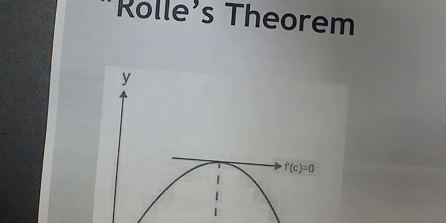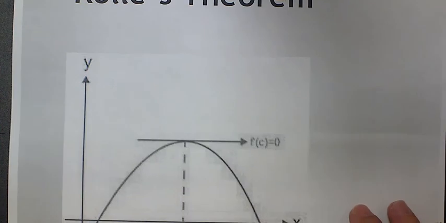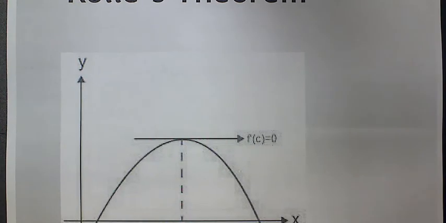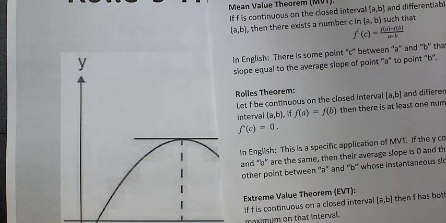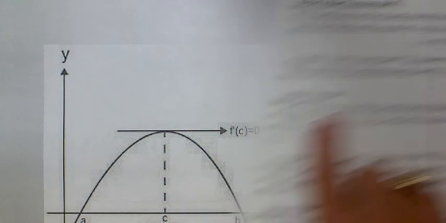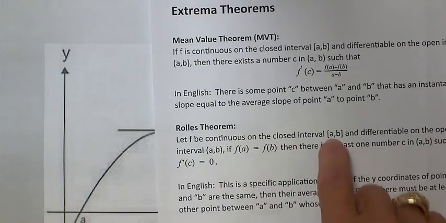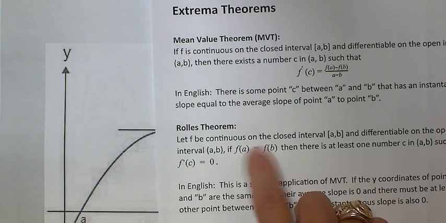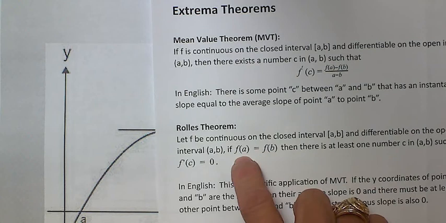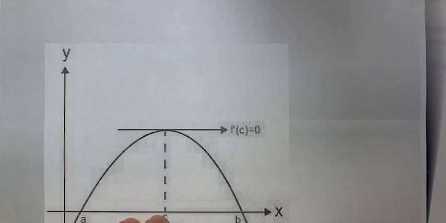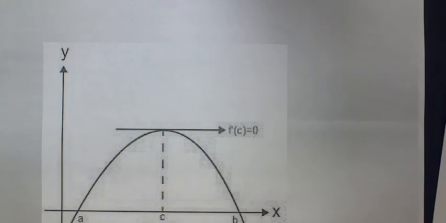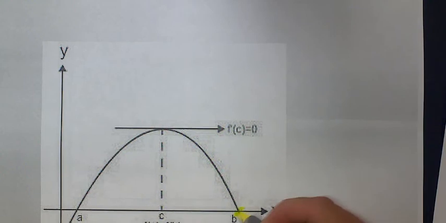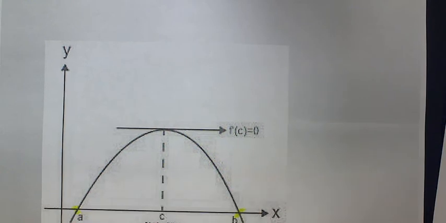Rolle's may be a little easier to understand. Rolle's theorem says this. On a continuous function, on the closed interval AB, if the y coordinates at A and B are the same,